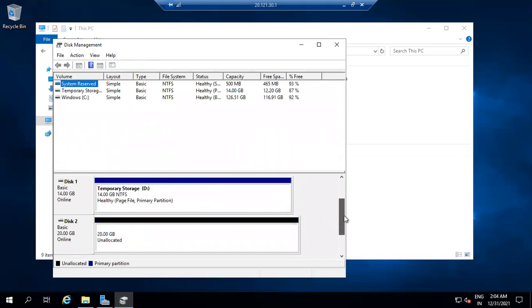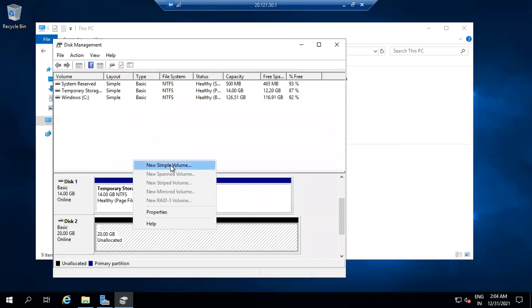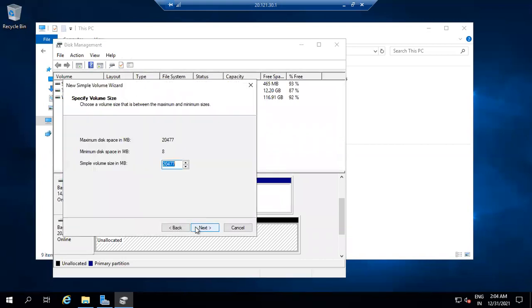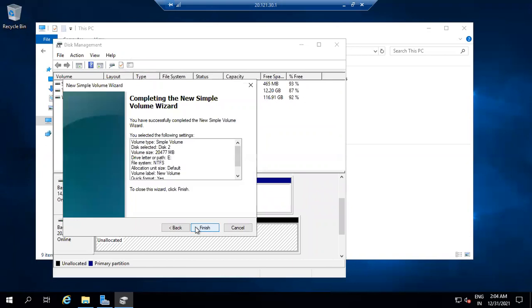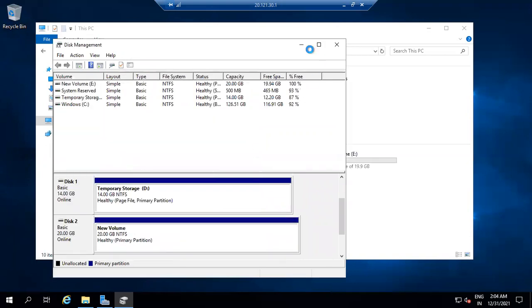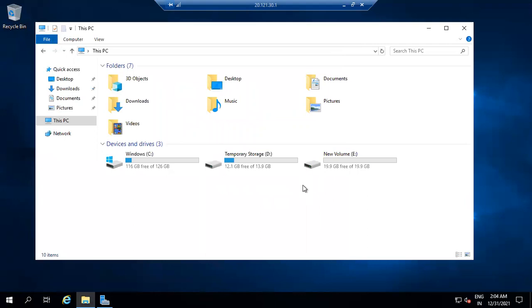Once you scroll down, you can see 20 GB is online, but it is unallocated. We need to create the partition. Now you are able to use this disk. So the disk is successfully attached to this machine.